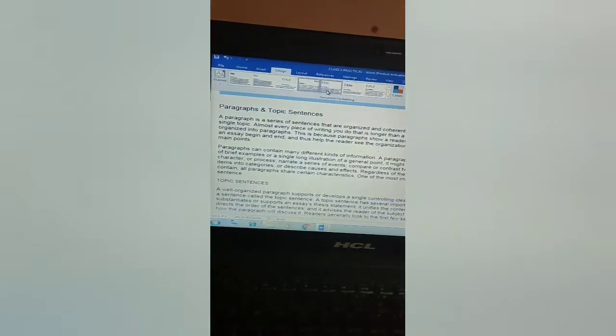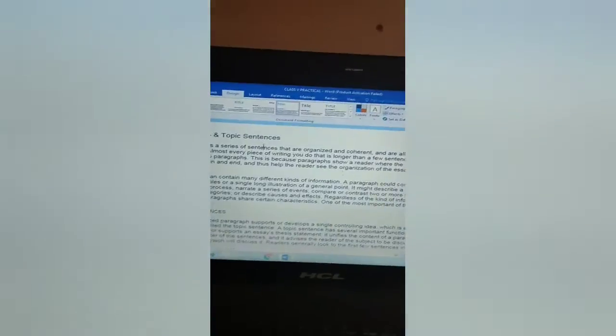So Control A, my whole document is now selected, and according to my requirement I can choose the design. Whatever design you want, you can select from that. Simply click on that design and you have selected the design for your document. So this is your activity. We have completed the designing tab.